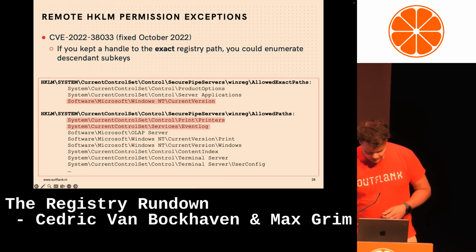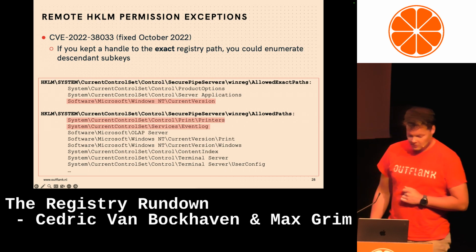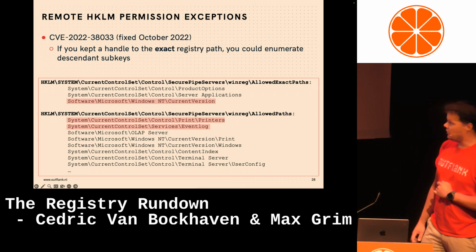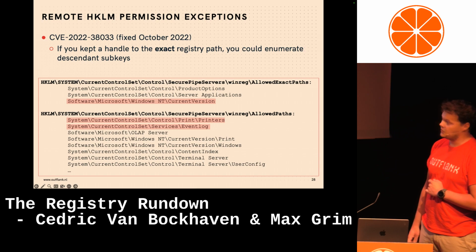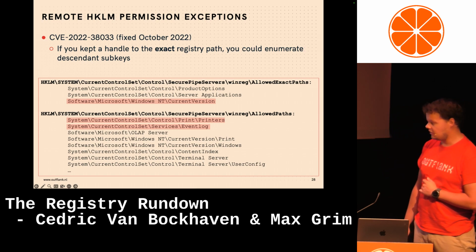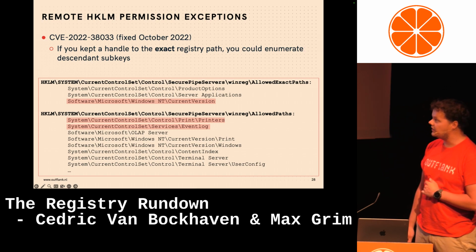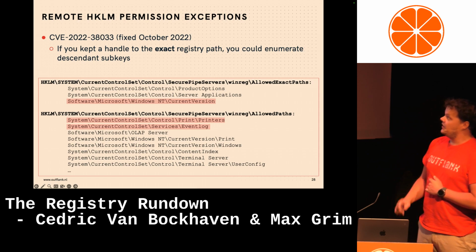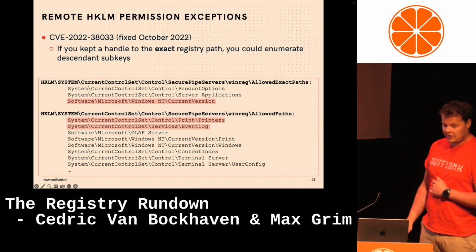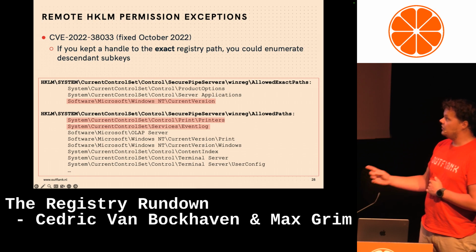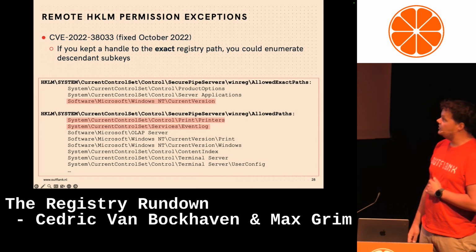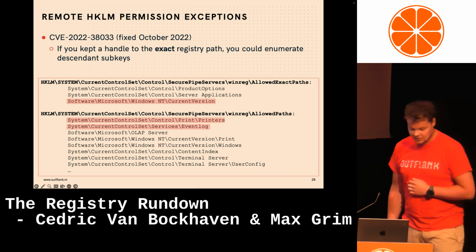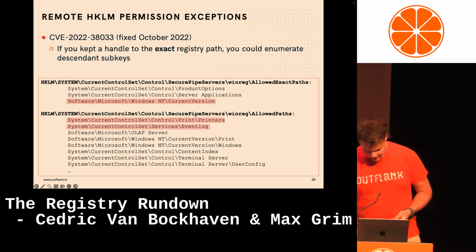There used to be a vulnerability in this, which was fixed in October 2022. And we actually sort of found this vulnerability at the same time. It's just that the other person was a bit faster with reporting it than we were. But if you had an exact registry path handle, you were actually allowed to also enumerate the descended subkeys of the allowed exact paths. This was reported and fixed, so it doesn't work anymore. But